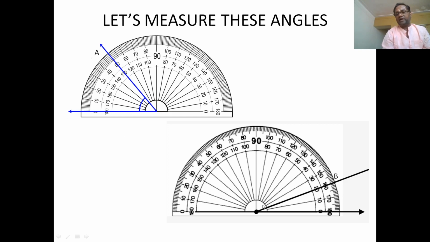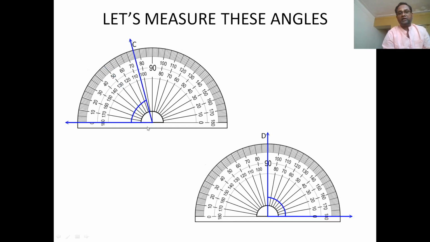Now coming to this angle, this is the bottom line of the protractor coinciding with the bottom ray, and this is the free end, this is the vertex. Now you can clearly see the free end is towards the right, so we are going to use the inner scale. We will read upwards from the inner scale, 10, 20. So this is a 20-degree angle.